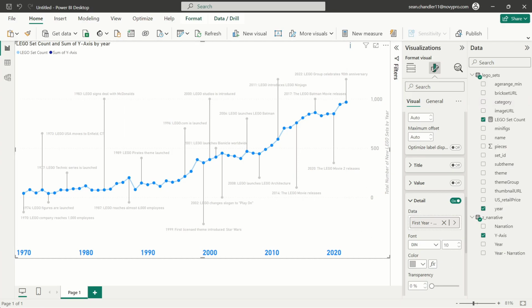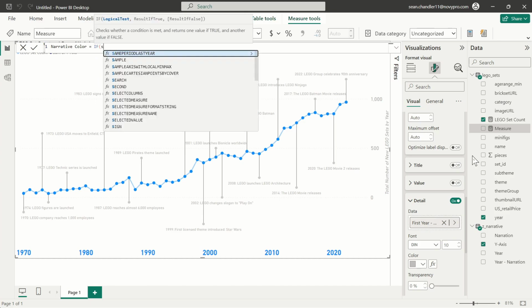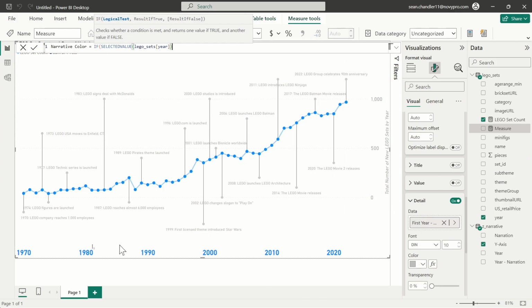Okay. The next thing that I'm going to do is assign stronger colors to some of these labels, and that light gray color that I just copied to others. So let's go ahead and call this next measure that I'm writing narrative color. And for this, I'm going to say that if the selected year, or in other words, if the year that is being evaluated at any given point in this chart, is in the following years, and for this I'm going to include 1974,